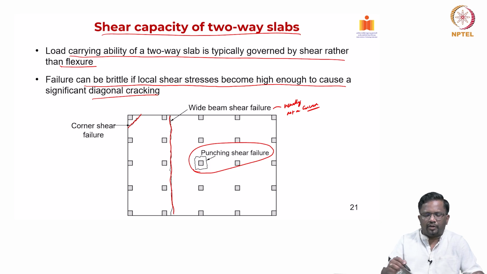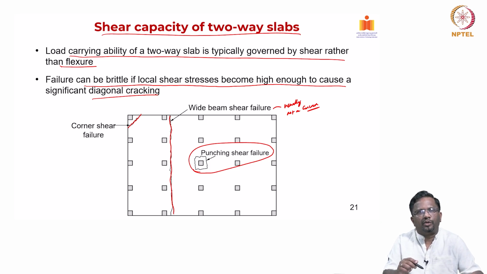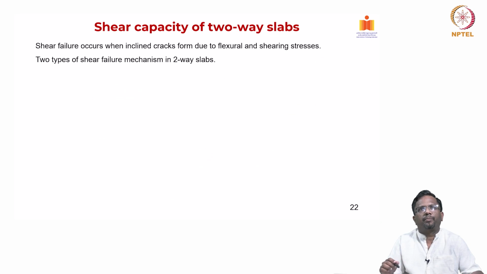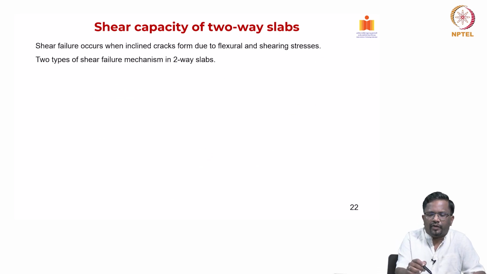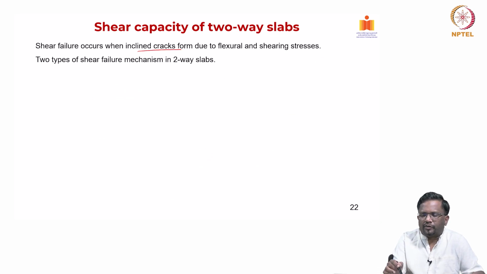So, punching shear and corner shear failure has to be clear, because at those corner locations torsional cracking will develop, and we need to put some additional reinforcement to avoid this kind of corner shear failure, right. Now, the shear failure can occur when the inclined cracks form due to flexural and shear stresses,